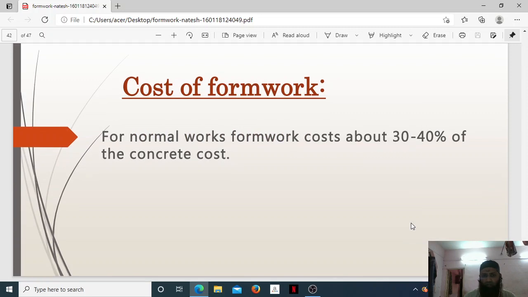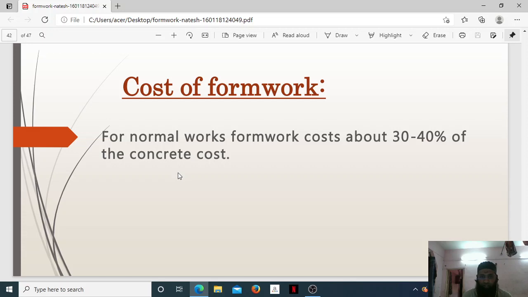For normal works, formwork costs about 30 to 40% of the concrete cost. You can see here what amount of cost can be reduced if we understand the cost being increased by the formwork.